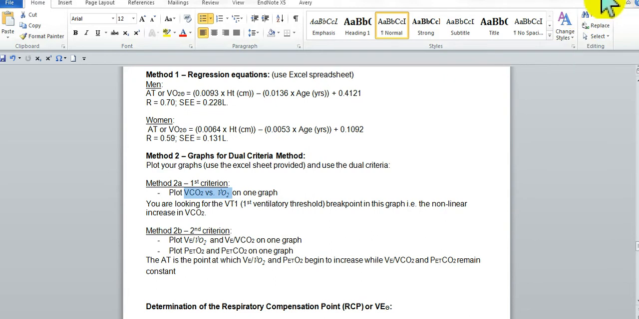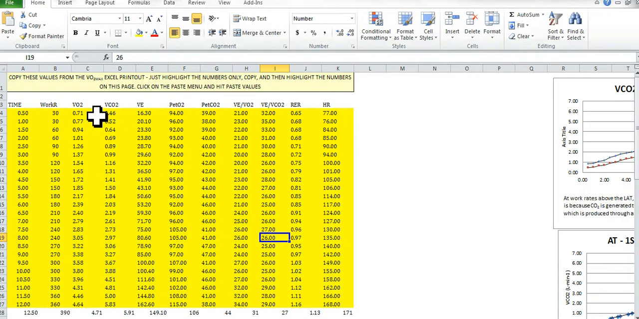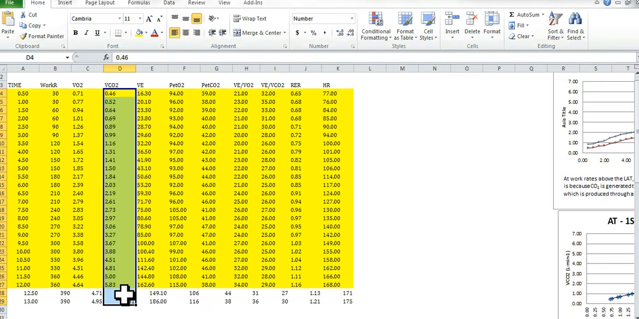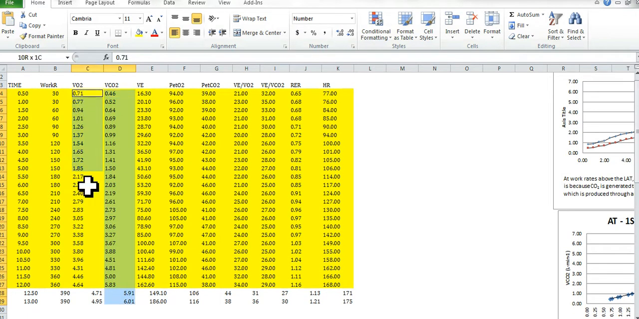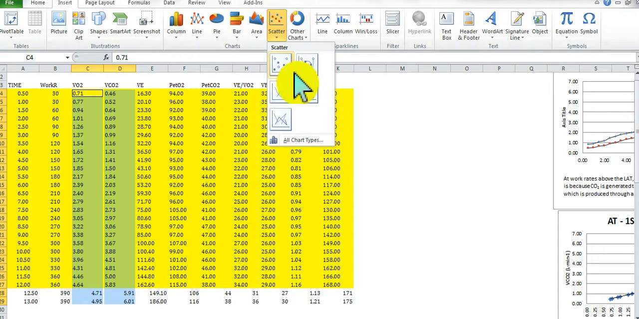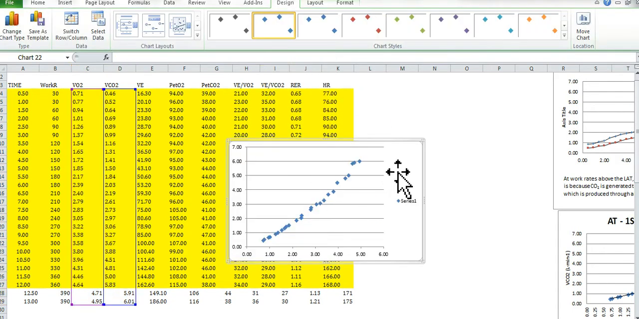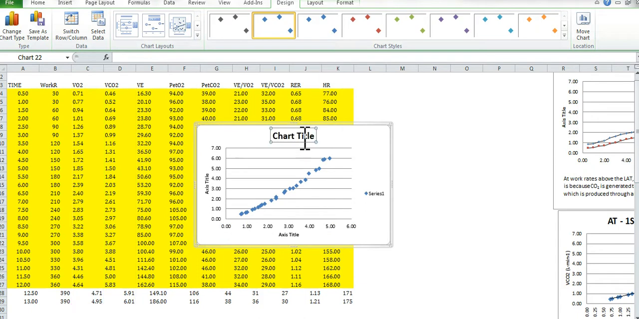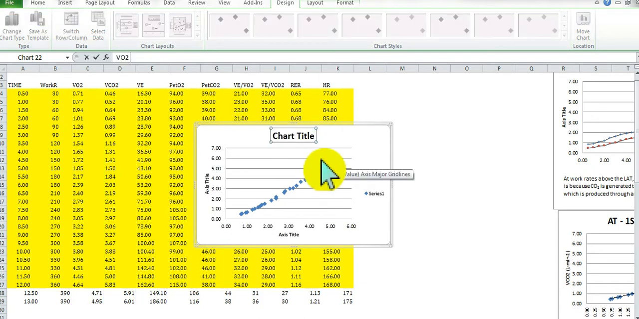Okay, so this is simple. VCO2 versus VO2. We're going to highlight VCO2, and we're going to press Control and highlight VO2. All right, once you do that, you're going to go to Insert, Scatter. Go ahead and hit the first option there. And that gives us a nice graph right here. First thing we want to do is make sure we label it. So go ahead and choose the option that suits your needs. We are going to label it VO2 versus